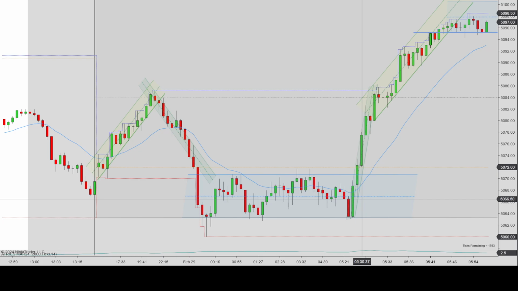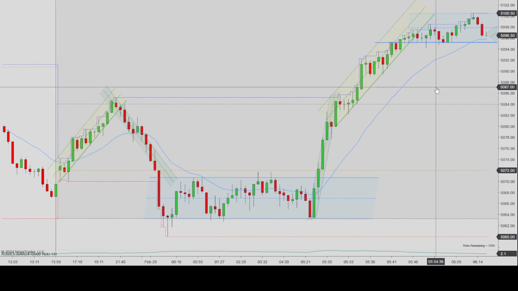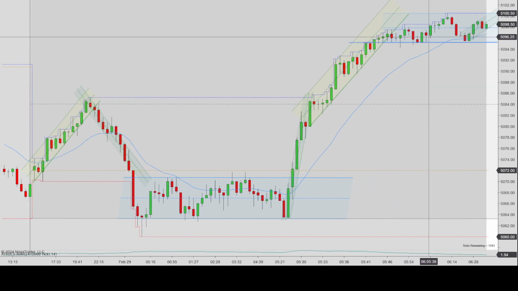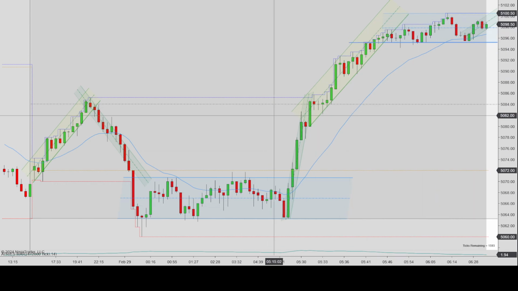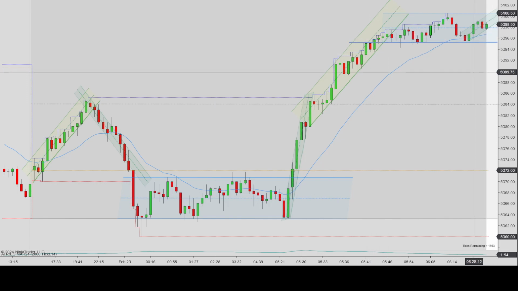I guess the market reacted really positively to the unemployment claims and the core PCE. It flashes up. It looks like a spike and a channel, with a channel best fit here, and then it goes out into the open. So this is still in the pre-market. It looks like there's some kind of support here, respecting the EMA. I started watching the charts right about here, a little before the market opened, and I was drawing up my charts. I figured this looks like it's either going to be a really strong range that has trouble breaking through, or potentially, after this big spike up, we might see some continuation: a spike, consolidation, and another move up.